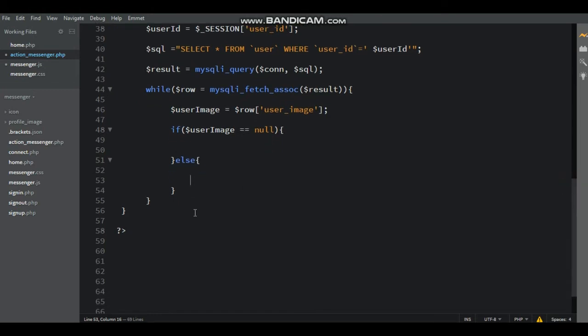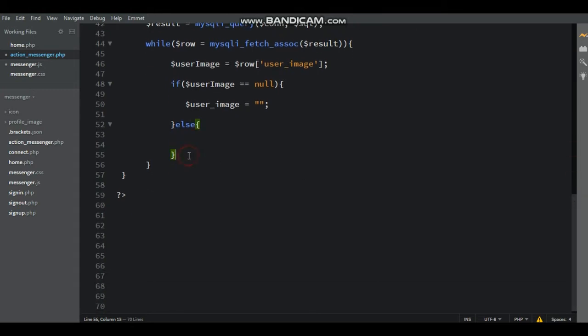Here if-else function, inside if function $user_image equal to, inside quote, close with semicolon. And then after the if-else function, write echo, single quote, close with semicolon. Here echo means display output on the browser.